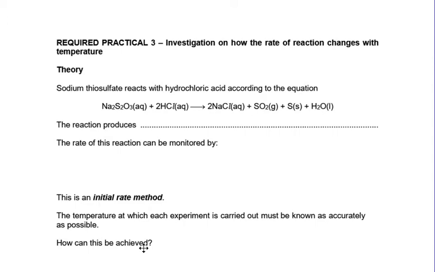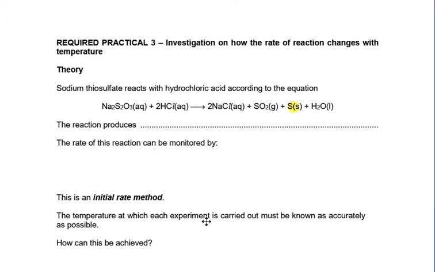So, for example, I want you to be able to discuss a disappearing cross experiment, and you will have come across these at GCSE. Why do you think this reaction that you've got here with state symbols can be used as a disappearing cross? So have a look at that equation and see what you think will be causing the cross to disappear. And if we have a look, there's a solid produced here, and that will be what causes the cross to